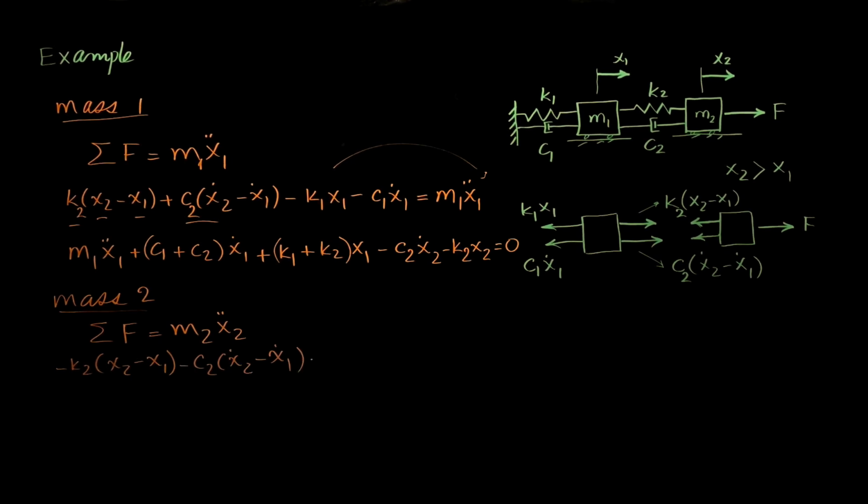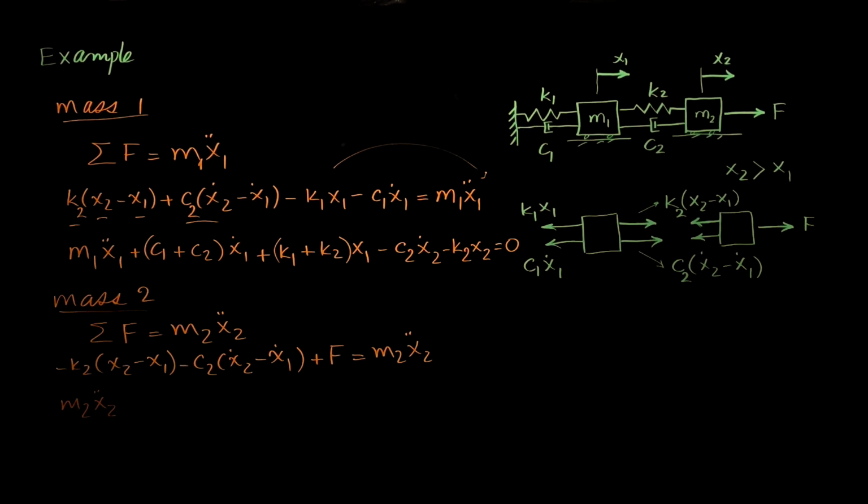We have positive F equals m2 x2 double dot, and rearranging I will get m2 x2 double dot,